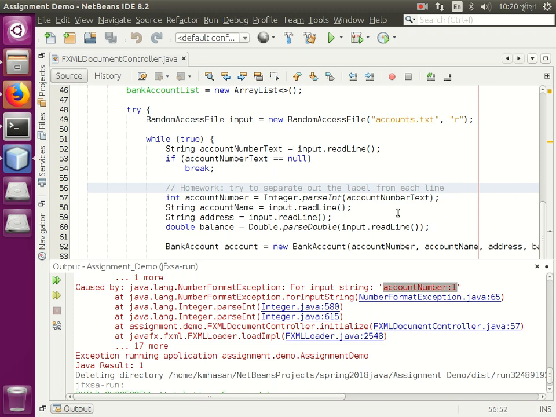I mean, there are two things. First of all, we need to know what the label is, and then we need to separate out the rest and then read that accordingly. Each of these lines has a very specific pattern. The first thing says what the label is, like account number is the label, and after the colon we have